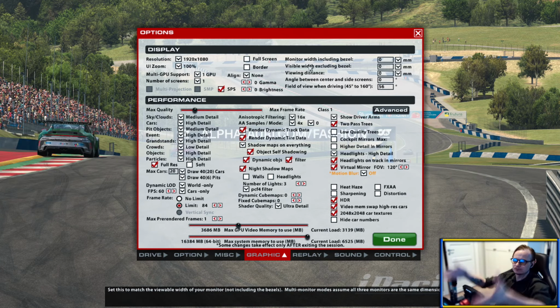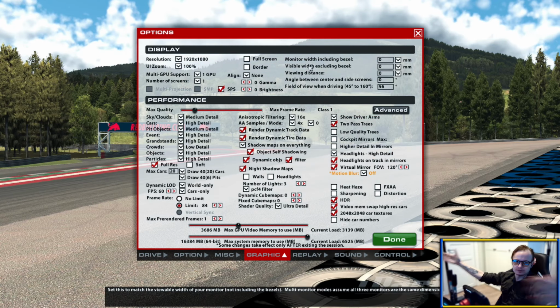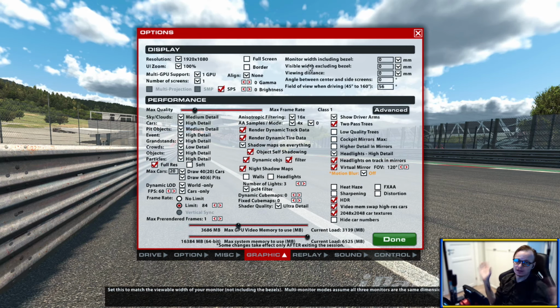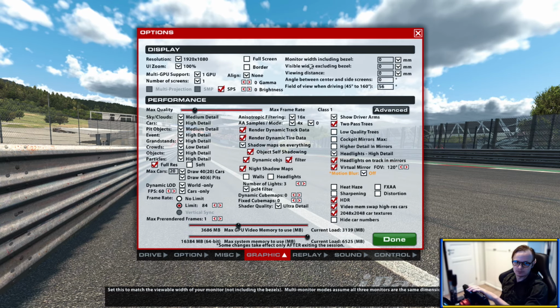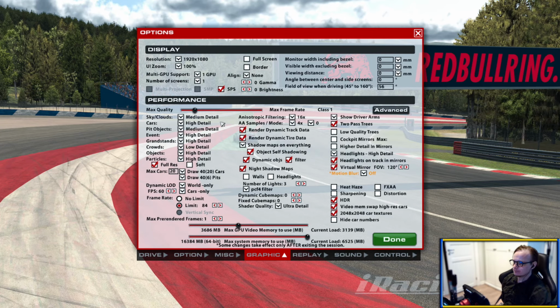So you have the screen in the middle, and you have a single screen that is widening out, and yeah, I can't explain it. I don't have it, but I'm going to get it. I will get a steering wheel as well soon enough. But yeah,